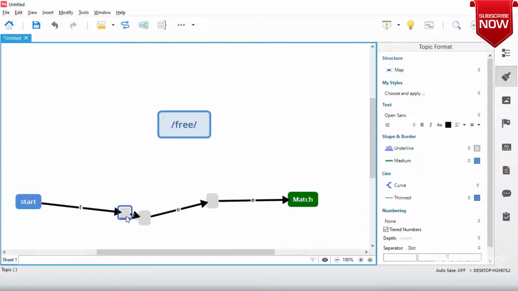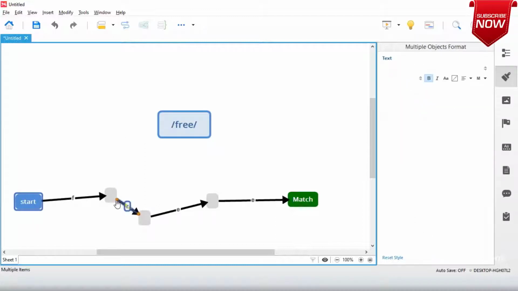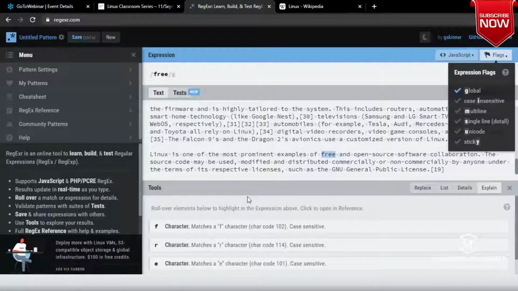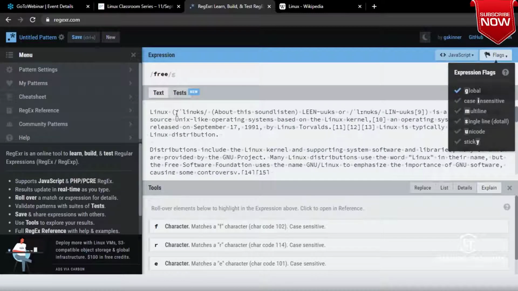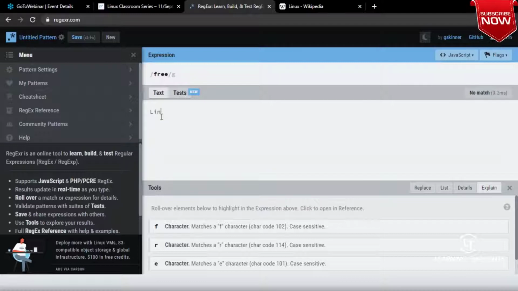I think you might have got the essence of it, right? I cannot do anything better than this with respect to the image. So consider this to be your transition graph. Now let us assume that you are passing the text. Let me not write all of this. Let me just write Linux is free.